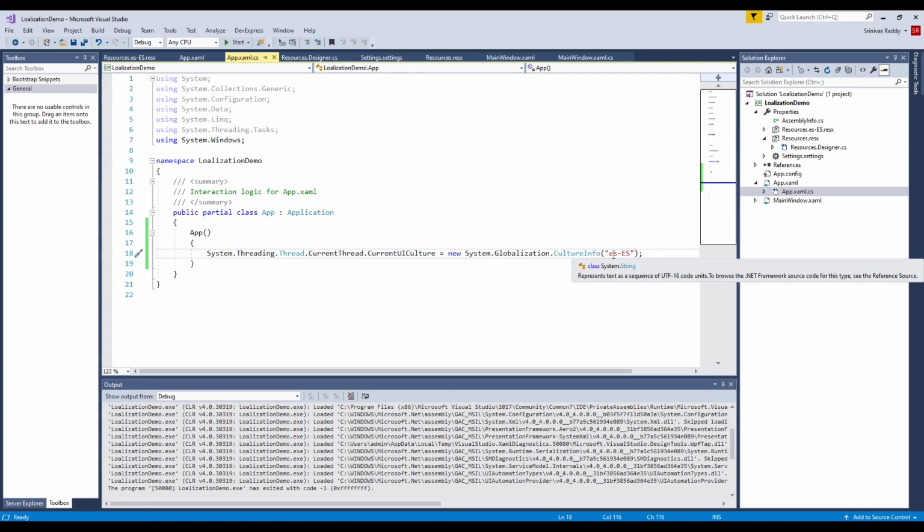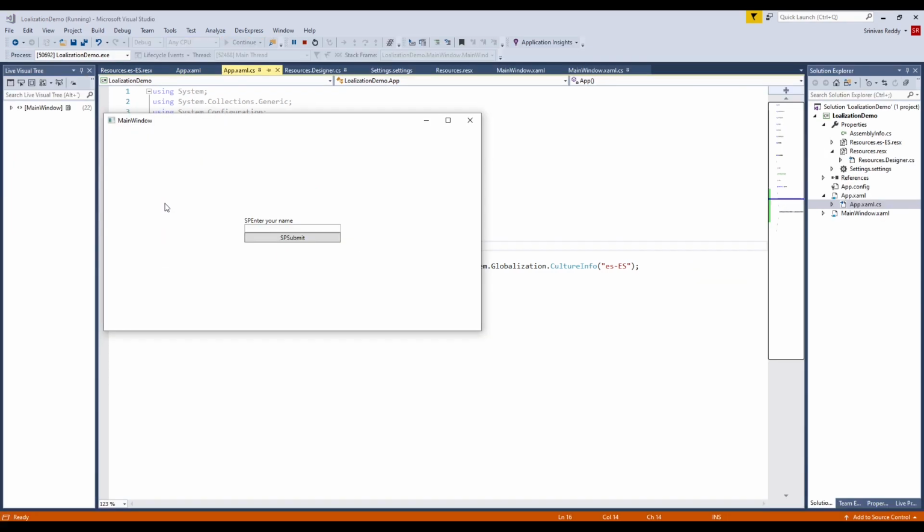If you set the culture information like this, whenever you execute the application, your application will be shown in the Spanish language. Let's execute it and see. Now you can see that the values have come from the Spanish language's corresponding resource file: sp, Enter your name, sp, Submit.